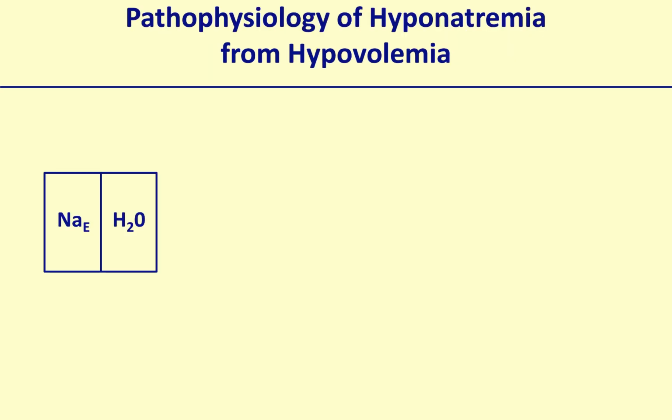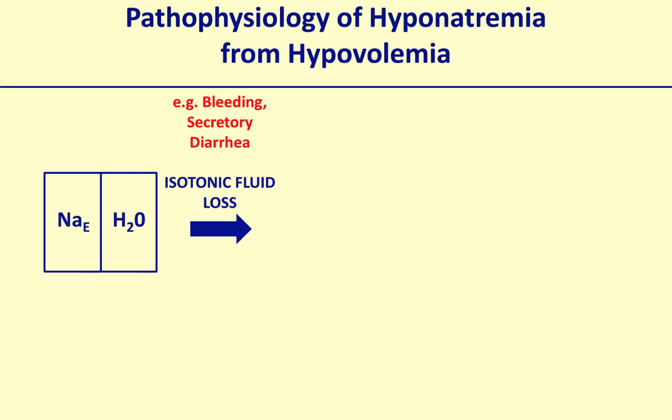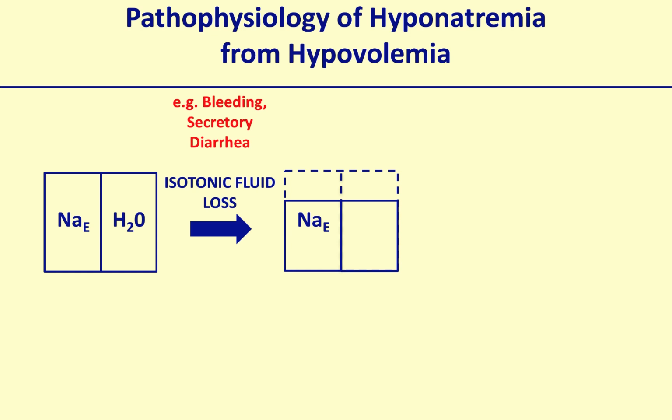Okay, so what happens in hypovolemic hyponatremia? You have your normal total body sodium and normal total body water, these boxes there, and they are of the same height, meaning that the normal ratio between sodium and water is maintained. So now you're going to develop hypovolemia, which by definition is ECF volume loss or isotonic fluid loss. It could be due to bleeding, or it could be due to, let's say, secretory diarrhea, and that's going to basically create hypovolemia, where you lose sodium and water from your body, but because you're losing isotonic fluid,